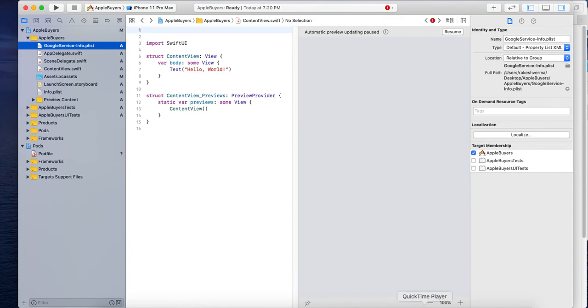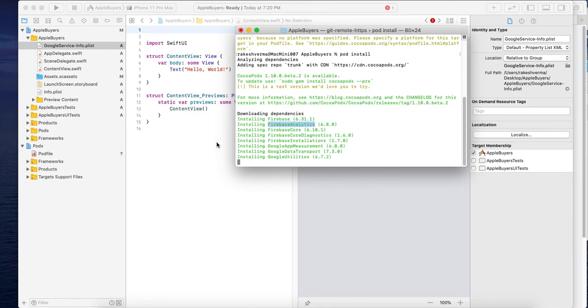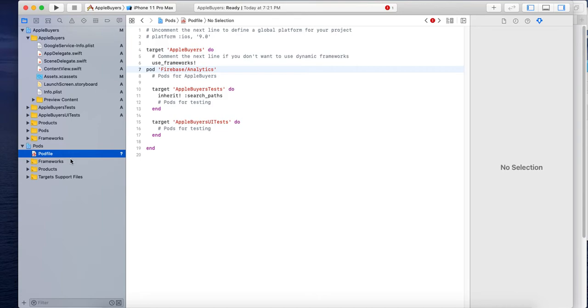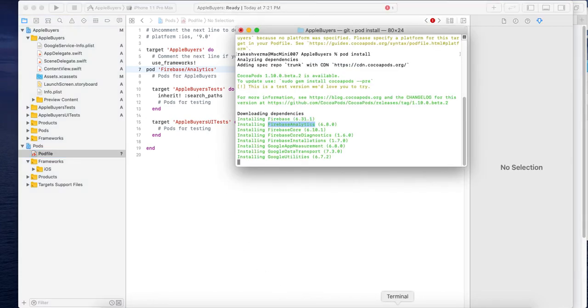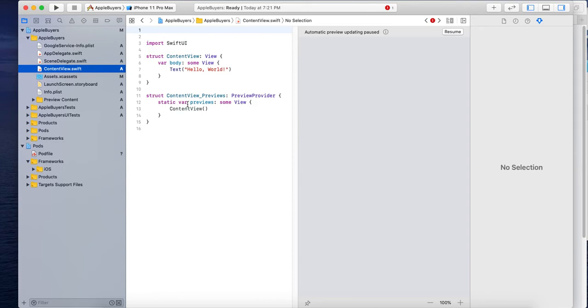What we have to see here, it is installing, still installing. As soon as it finishes installing, it will show here. For now it is not showing. First we will add a login screen to log in with Firebase.